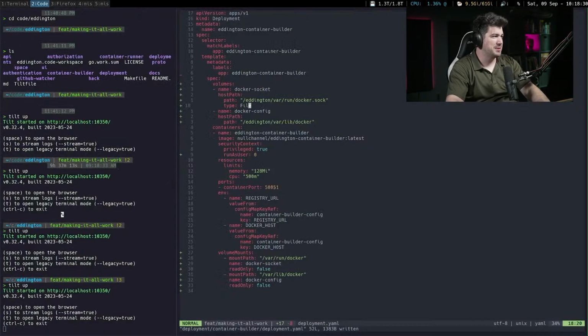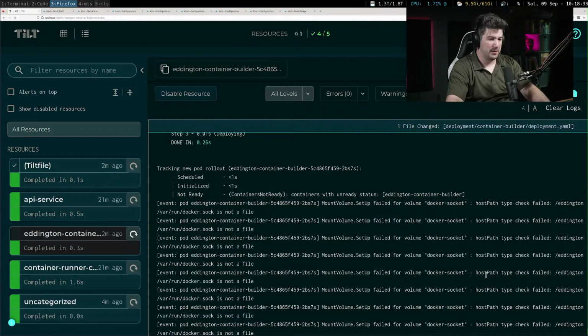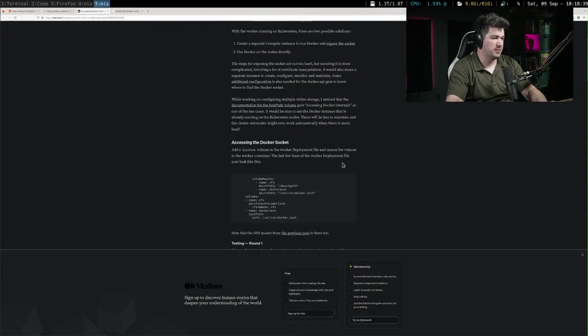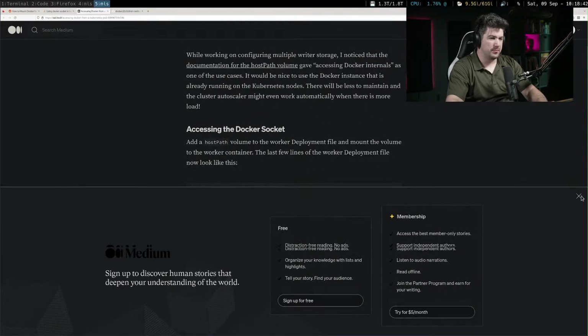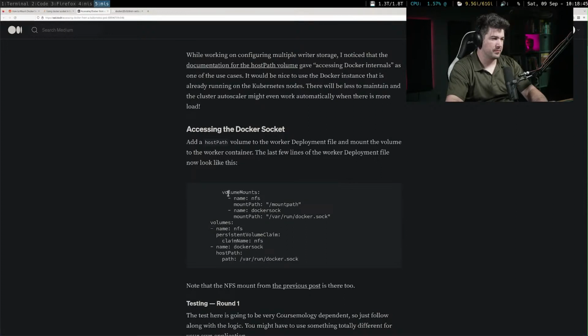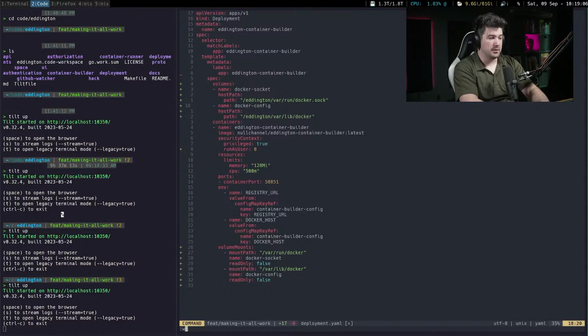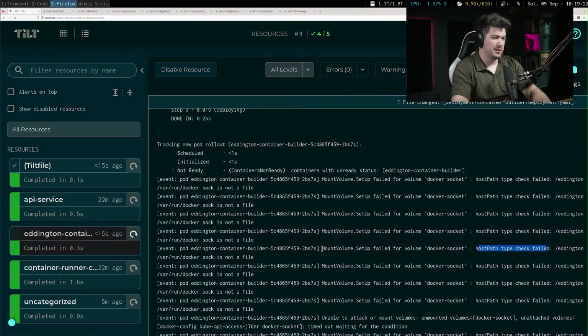But I think my problem stems from this. I'm looking more for validation of var run Docker sock. Volume of Docker sock. Let's see. Okay, so they are not doing the type file. So that's fine. But